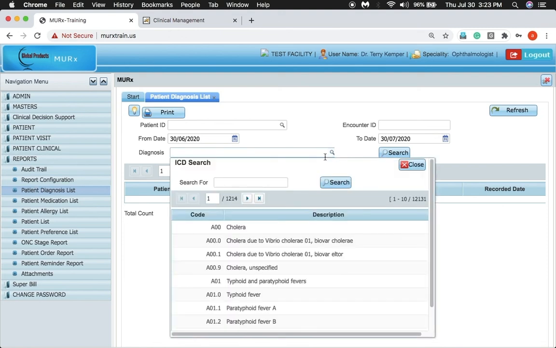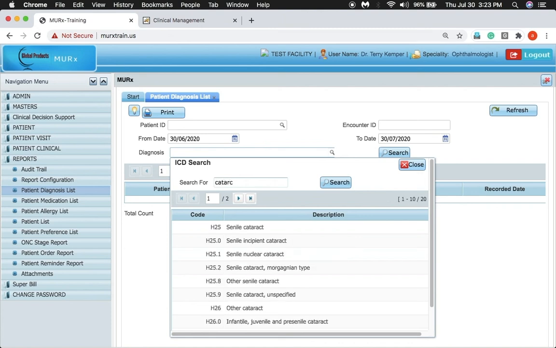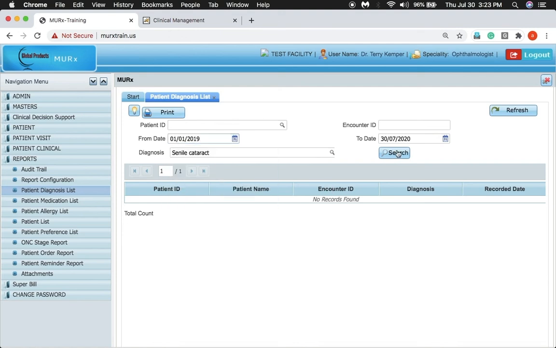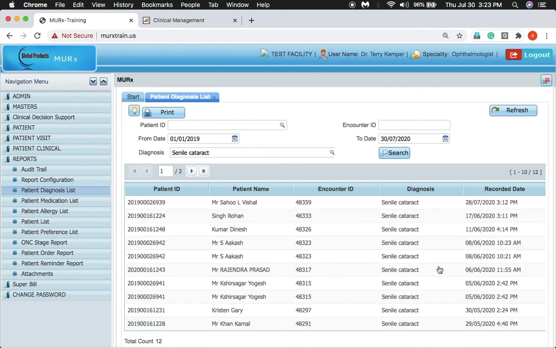Selecting a diagnosis, for example senile cataract, and selecting the date range will show a list of all the patients with the senile cataract diagnosis, their visit IDs, their patient IDs, and the day and date on which the diagnosis was recorded.